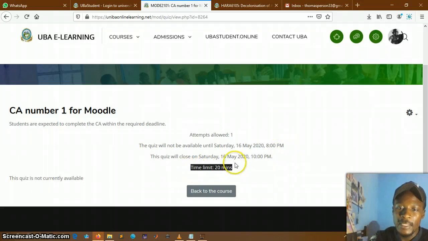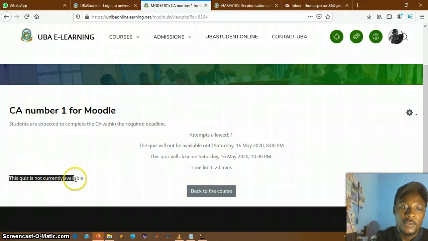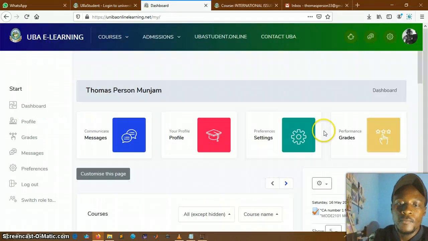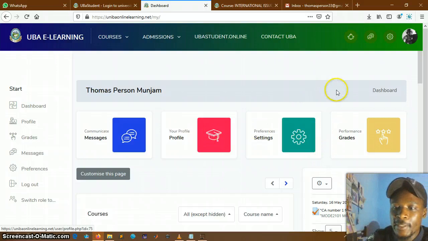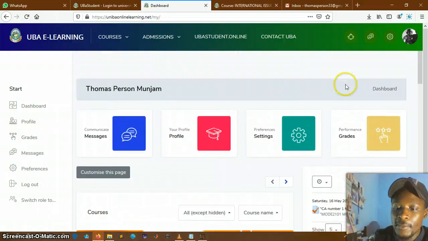Time limit for the CA is 20 minutes. Every detail is there. If you see here by the left, this quiz is not currently available, so they have to wait until this time. Back to course. Okay, now assuming that the time has reached and the students are logged in onto their dashboard,